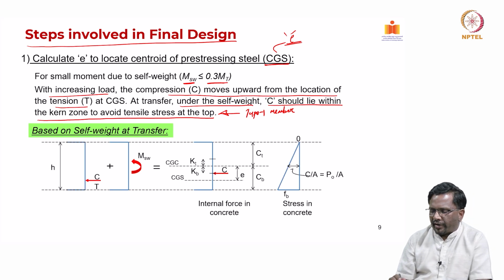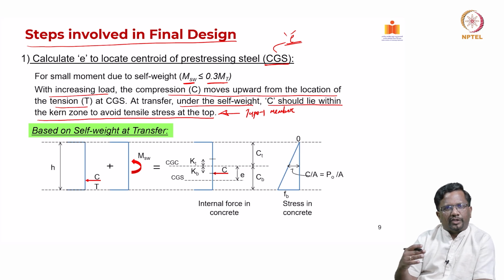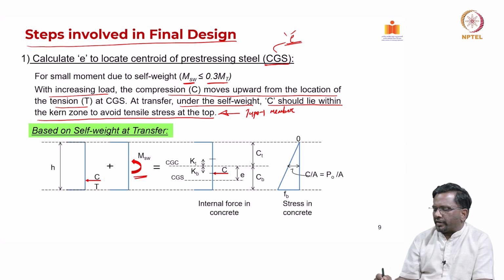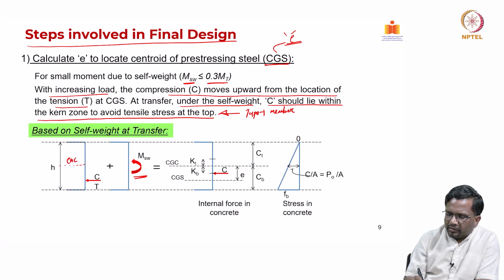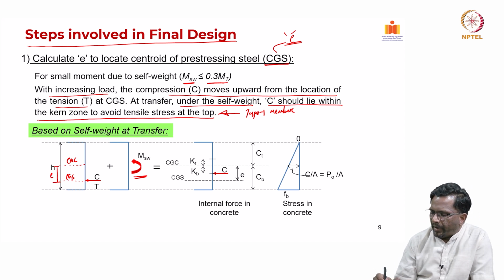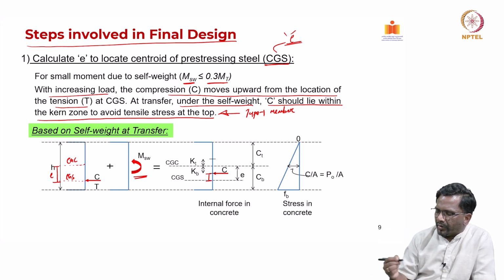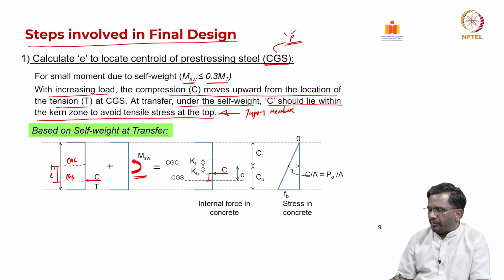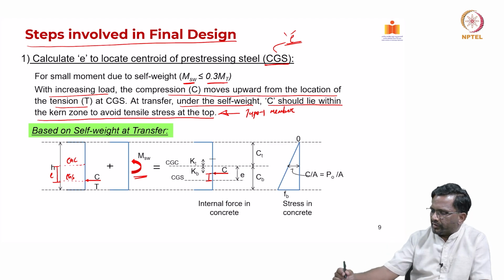So based on the self-weight transfer, now you see here, this is when no weight, C is at the location of T. Now when self-weight is acting, now what will happen? The C will move from, for example, let's say this is your CGC and this is your CGS. That means my eccentricity is this, right? So now if you see here, the C has moved up by some magnitude, okay, and we are calculating that magnitude. Now you see that, but this is at the lower Kern point because it's a type 1 section, the type 1,